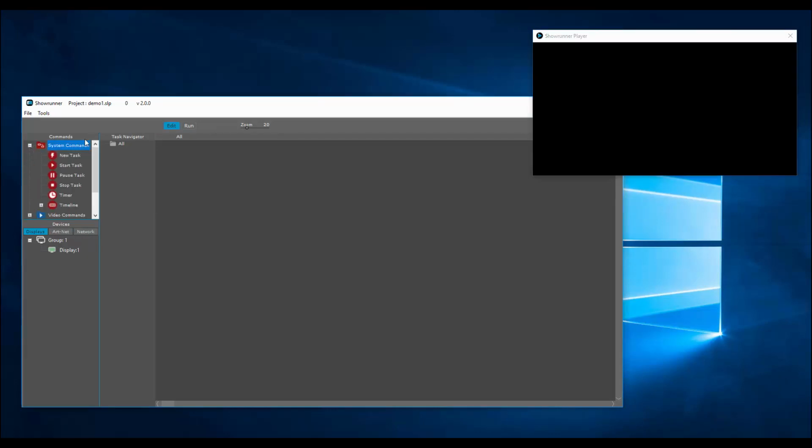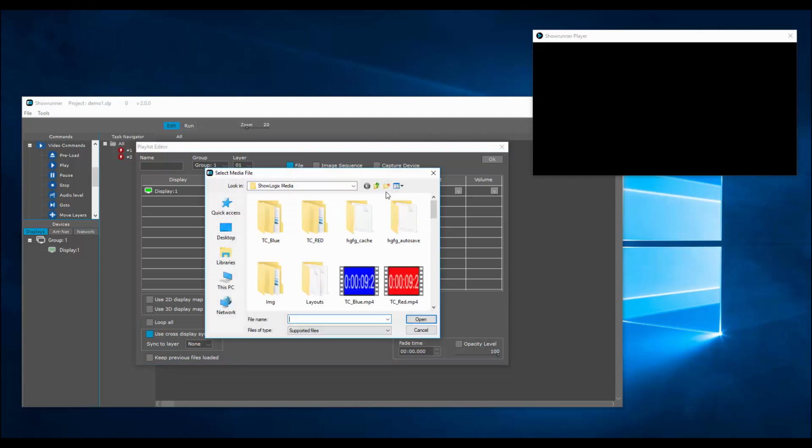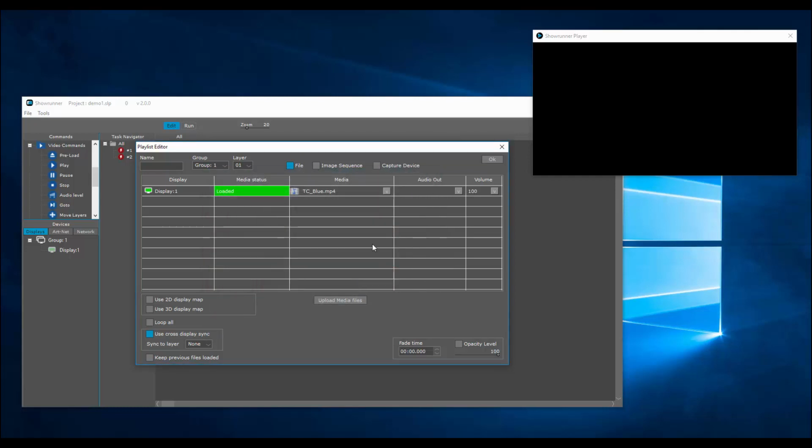Now I can drag my sequence. I have to start with a new task. I can drag 2 tasks for this demo, and I'll add a play for each one of them. As soon as I press the button, this playlist editor opens, and now I can select what group, what layer, what kind of media I'm going to use for this play command. I'm going to browse, in this case for video,